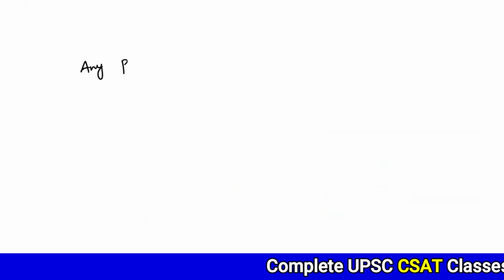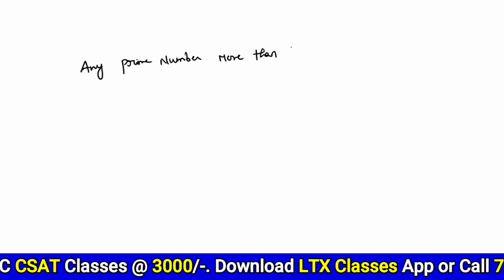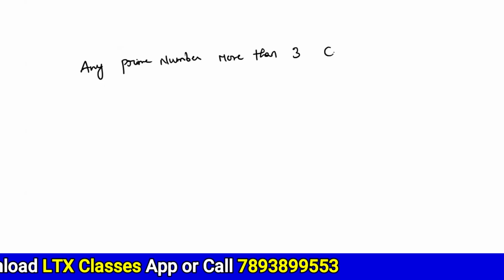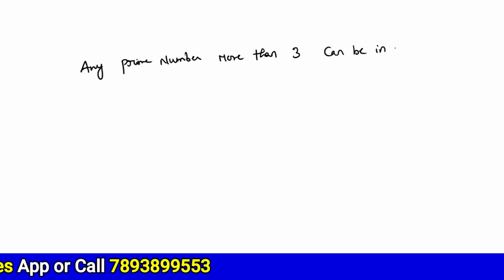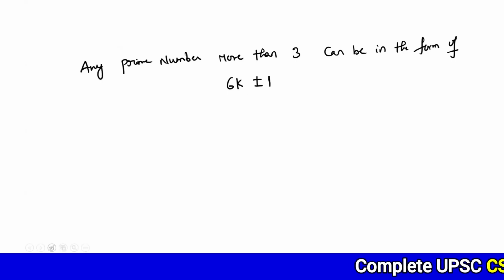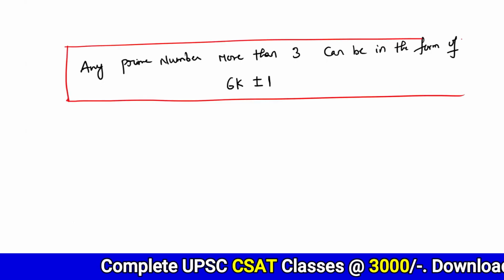Okay, there is one more example here. Fine. Understand this. See, any prime number, this is very important. Any prime number which is more than 3 can be in the form of 6k plus or minus 1, and this point